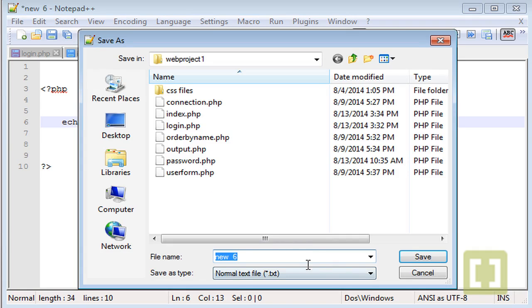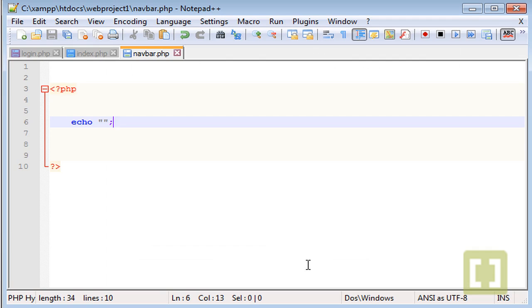And let's save this as navbar.php, and this will echo out a href equals